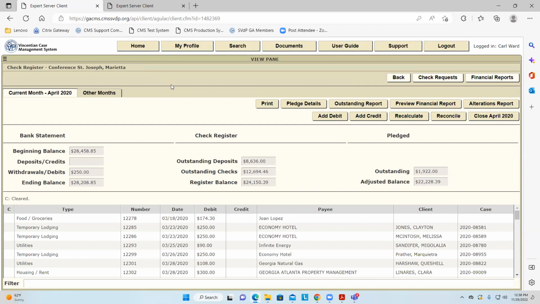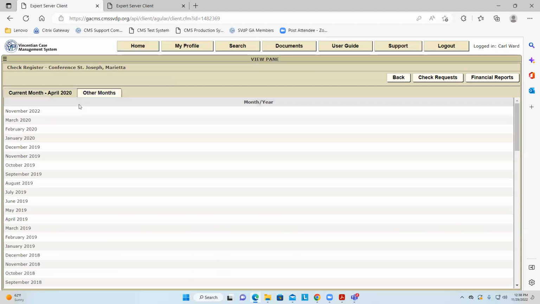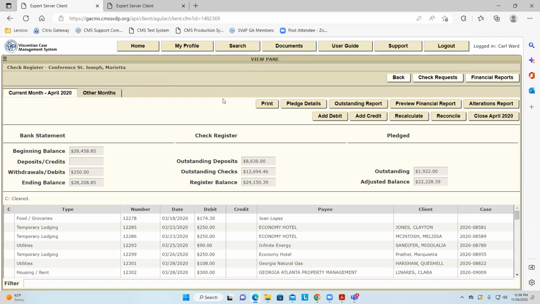The treasurer usually closes in the first 10 days of the new month, but that didn't stop business rolling on. We're still posting transactions December 1st, December 3rd, December 5th. So you say, well, where do they go? Well, simple. If you went to other months, you would see December here and you would click on it and you would see those transactions. So those are the 2 tabs, okay?